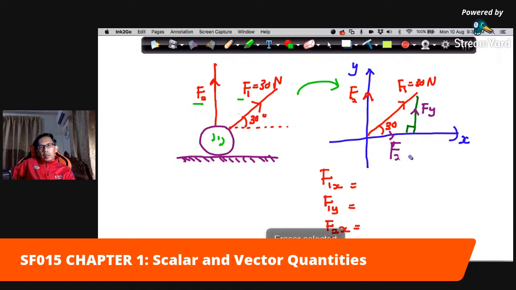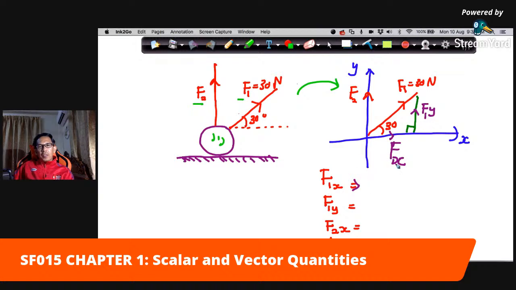This is not the one. F X. So kita ringkaskan saja. So F1 resolve to the X. Apa kita buat tadi? Kita guna segitiga ni. So kalau kita nak cari F1X, dia adalah adjacent. And this is hypotenuse. So now F1X,